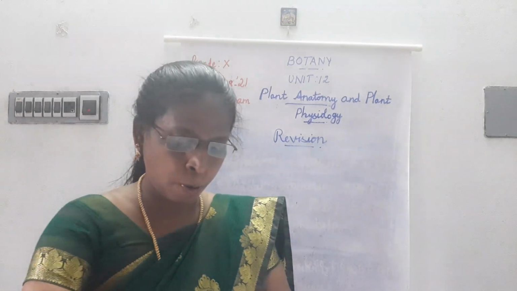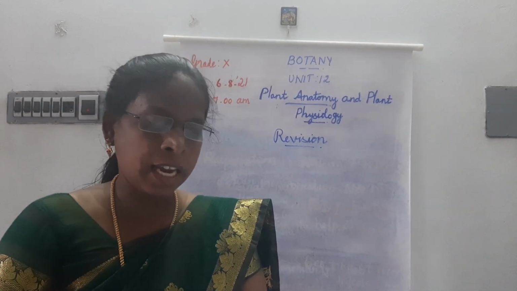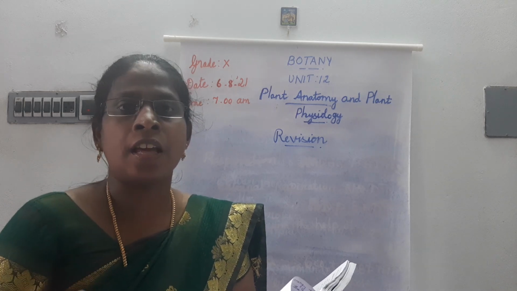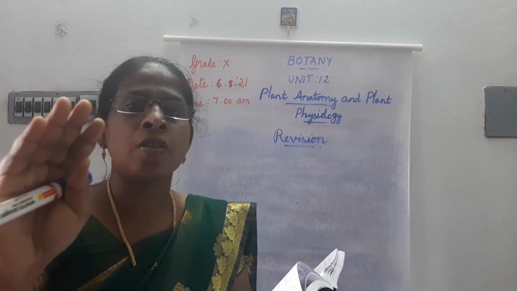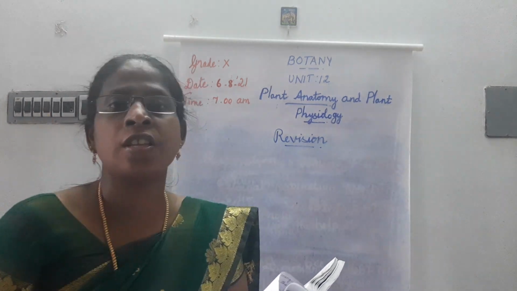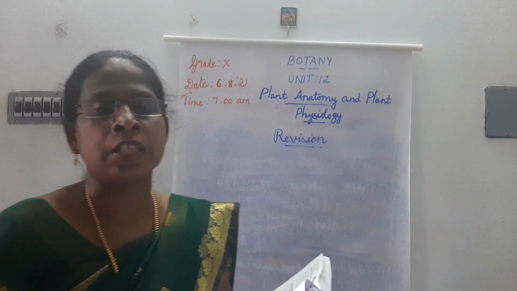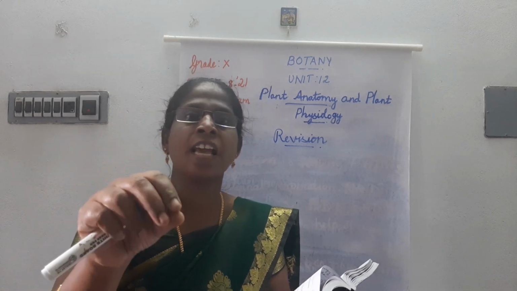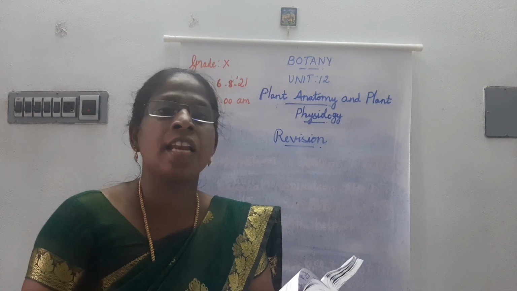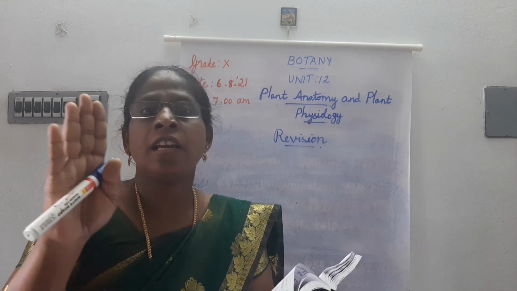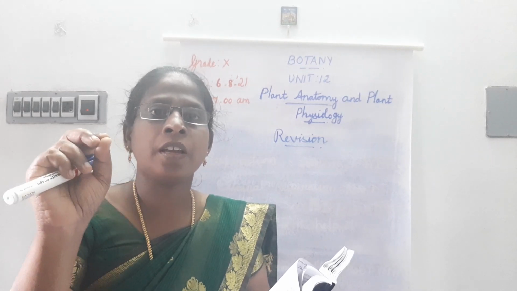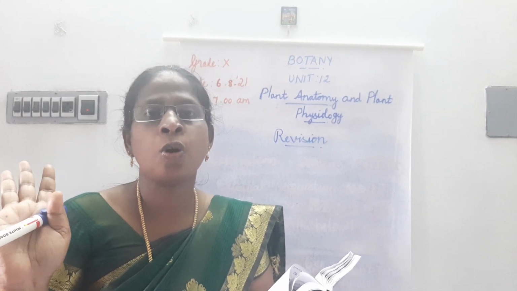The same question, one more question is there. Where in a cell does it occur? Okay, inside the cell where does it occur? See, the entire process of photosynthesis takes place in the chloroplast. So inside the cell only the plastid chloroplast is present. So where in a cell does it occur? It occurs in the chloroplast of a cell. Okay. See, in a cell it occurs in the chloroplast.